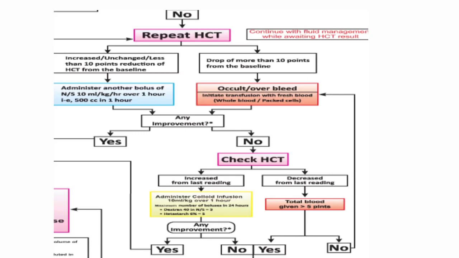So if there is improvement, you will again go to the previous slide for the maintenance fluid, which can range from 1.5 ml per kg per hour to 10 ml per kg per hour, and you will monitor. If there is still no improvement even after giving these colloids, then you will again consider the case to be refractory shock, and you will go for the